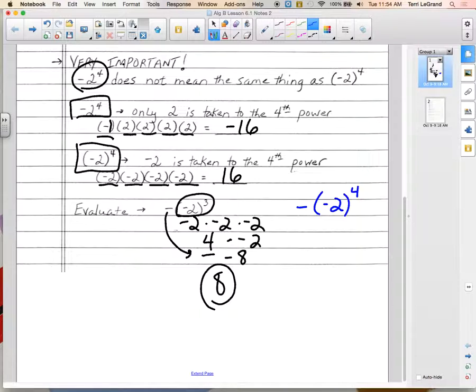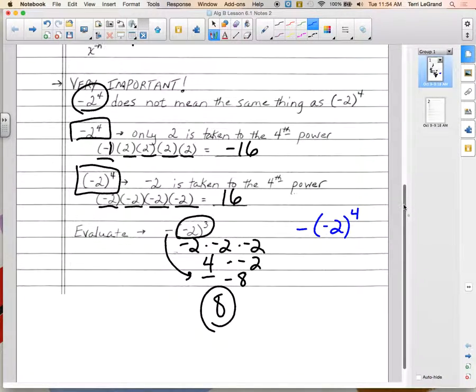This says take the opposite of -2 times itself 4 times. Anybody think they know? Didn't we do that up here above already? -2 times itself 4 times is 16. So this would become the opposite of 16. And the opposite of 16 is